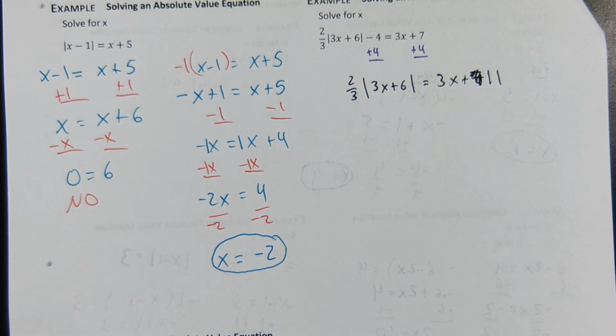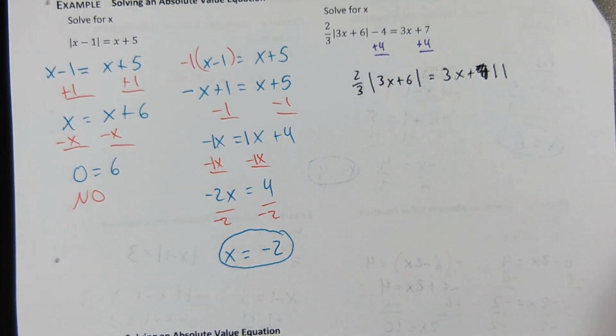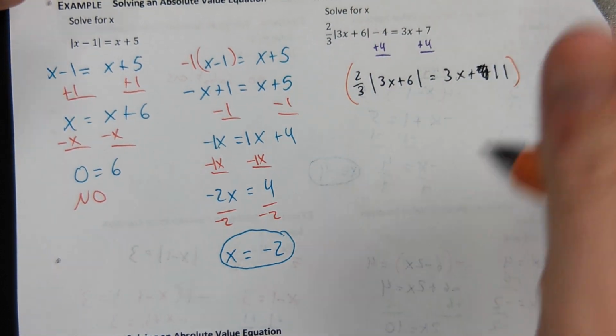Yes. Okay, anyway. This is one of those times where, honestly, I wouldn't move the 2/3. But I want you to stick to one method that you're really good at. So if you think you can pull it off without moving the 2/3, cool. I'm just not a fan of going against what I already said, and that is I'm going to teach one way. Plus, this gives us the opportunity to talk about how to get rid of fractions. You guys know how to make that 2/3 go away? Anybody? Multiply by 3/2. Yeah, man. So if we multiply both sides by 3/2, which is called multiplying by a reciprocal,